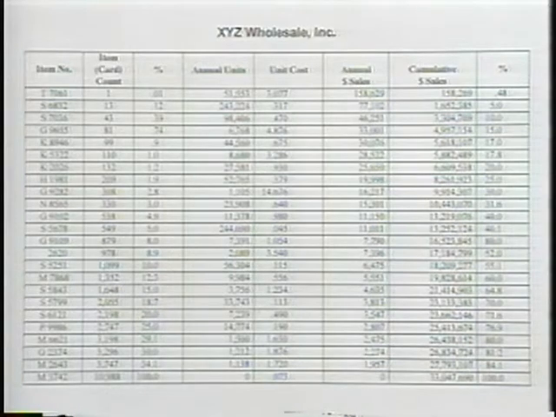Now what we're going to do is to move into what we call the ABC analysis, and that starts on page 12. It is concluded on page 16C. There are 8 pages that we're going to review,